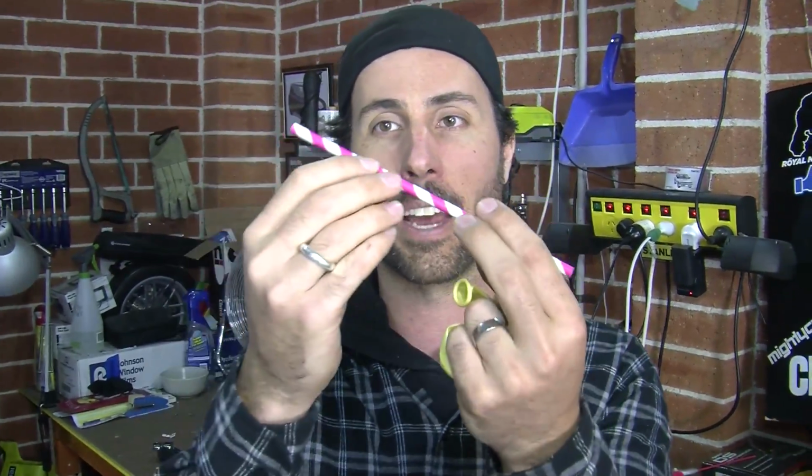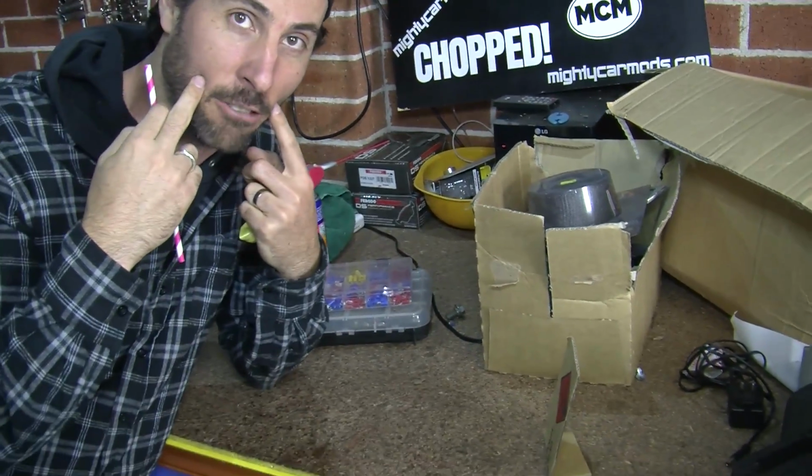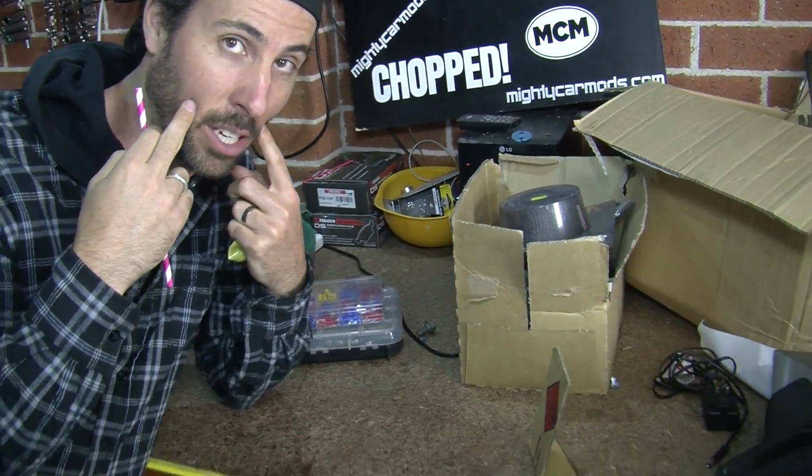Okay, this is the most rubbish scientific test you've ever seen, but hopefully it'll highlight the difference between the braided lines and the rubber hose. So here, I've got a balloon which is representing the rubber hose, and I've got this straw which looks like it's something out of Willy Wonka's sex dungeon to represent the braided brake line. Now, if down here is representing the brake caliper and my mouth is representing the master cylinder that's full of the liquid, and this is the braided brake line, you'll see that when I blow it,